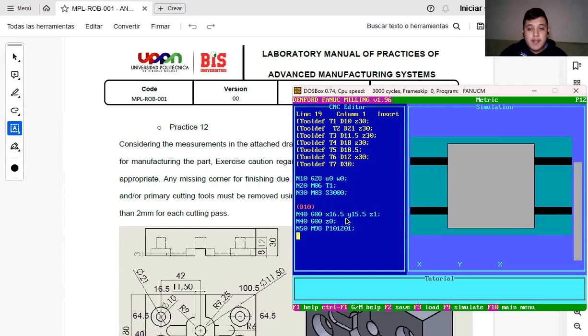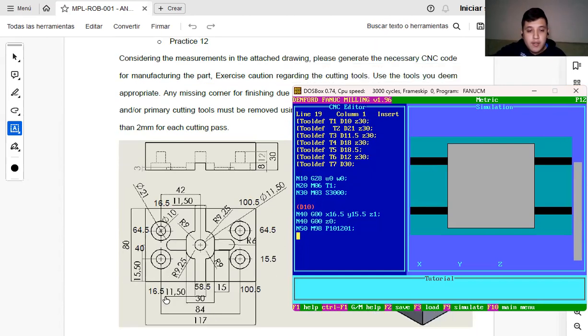We already positioned it in this, so this is going to be used to do the first hole that we have here. And so we're going to move to each position here, and we'll repeat it the same for the diameter of 21. Continue with the first position. We have to go back to 01